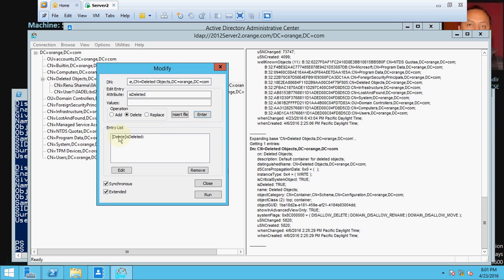Okay, this entry has been added in the entry list. Next thing you have to do, in attribute you will write here distinguishedName. And in the values you will write the complete DN, the complete distinguished name of your object which you have to undelete. So you should know. I am going to recover Renu Sharma. I know its DN. Only if you know, you can recover it. So it is CN equals Renu Sharma,